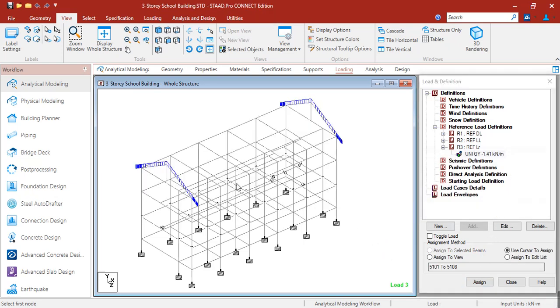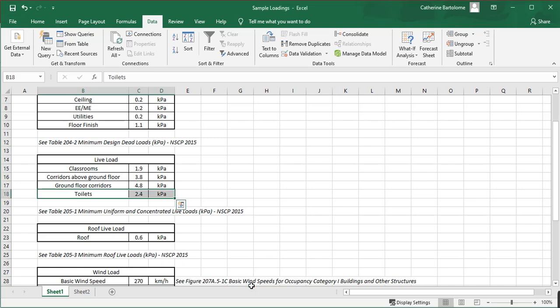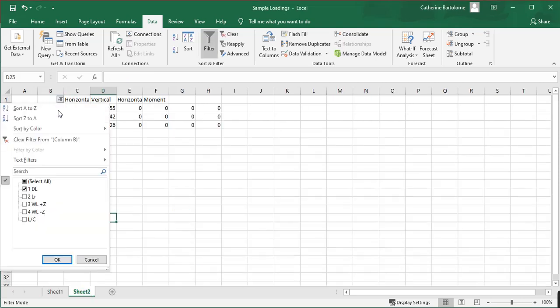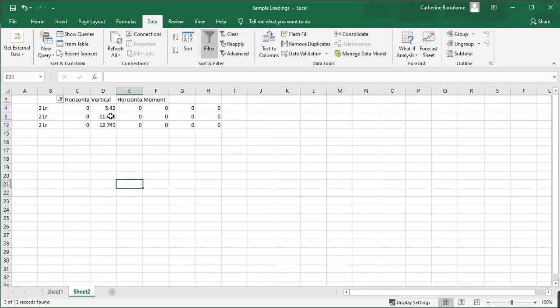Then for the remaining nodes, nodal load. Based on our Excel, let's filter it to LR, then click add.